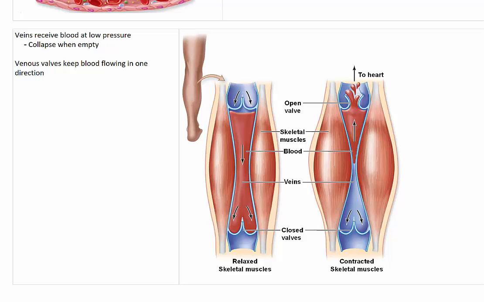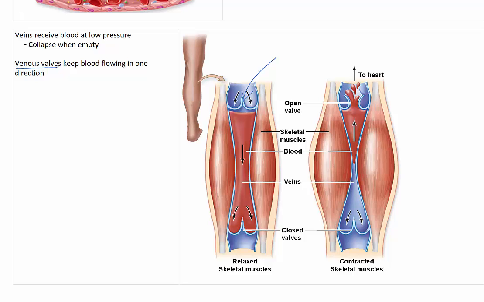So if the pressure in veins is so low, how does blood get back to the heart against the force of gravity? Say, for example, from your leg back up to your heart again. On many veins, they have little flaps or valves called venous valves. And what they effectively do is keep blood flowing in a single direction. So here is the venous valve